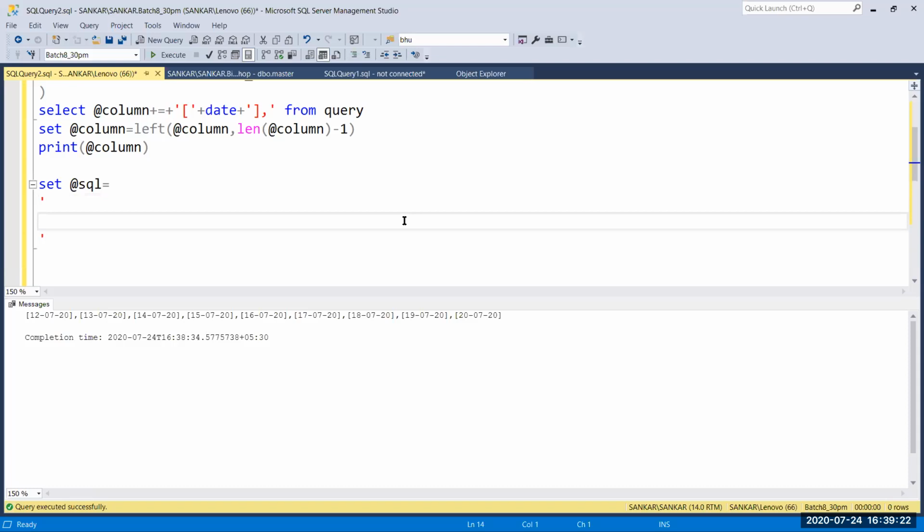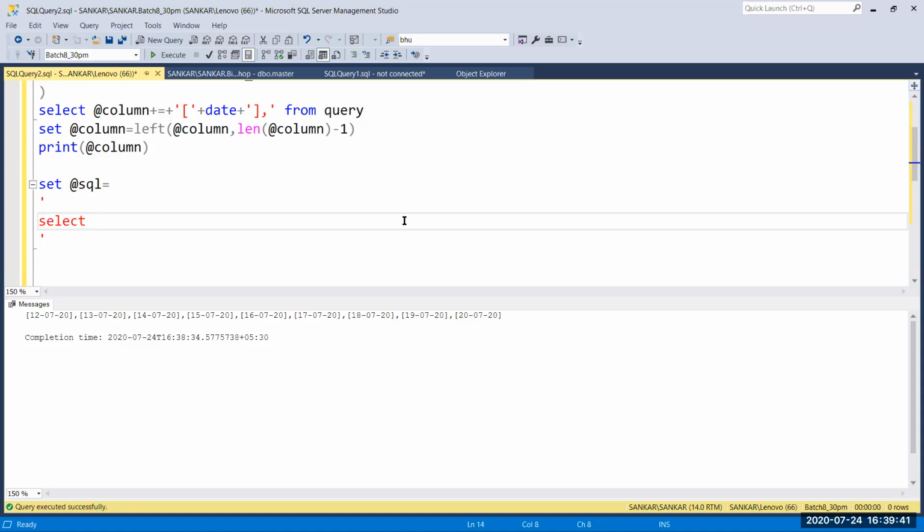And here first you have to type your data fetching query, that is select, and here we are going to give the pivot table syntax. So the pivot table concept here.